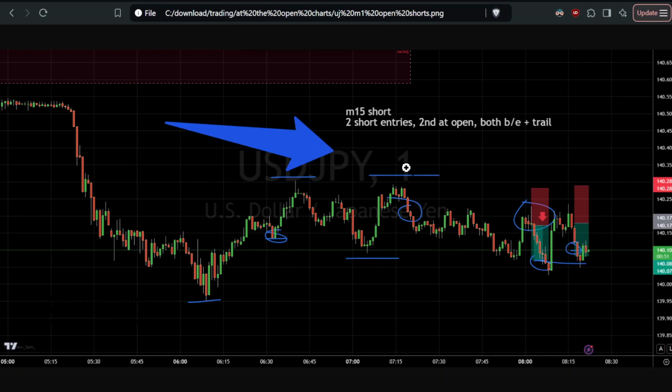So if the power is down, if we come back up into it, this is 8 o'clock, and this is the UJ. So this is yen. And if we come to the yen, we see that there is a stopping formation here, but it's a small gap at this place. And the reason the stop is up here is because